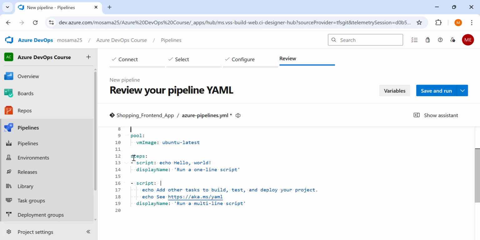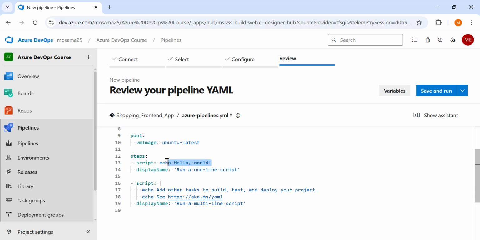After that, we go to the steps. This pipeline runs in one job and in one stage by default. When we are not explicitly writing the job or the stage, we have only one stage and one job. So even if we are not writing the stage name or the job name key, they exist. Each job in Azure DevOps has steps. Inside the steps key, you can write a script or a task. A script here is a command line script, like echo hello world.